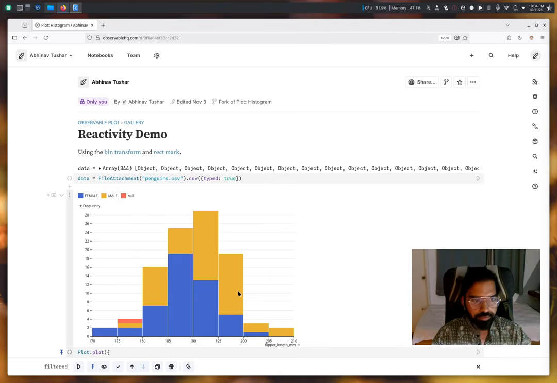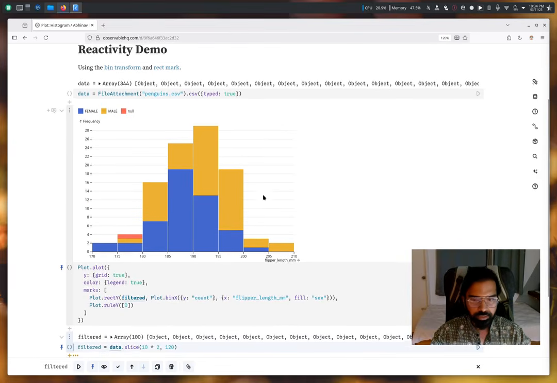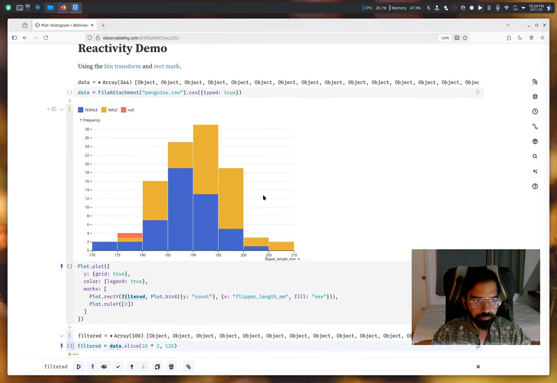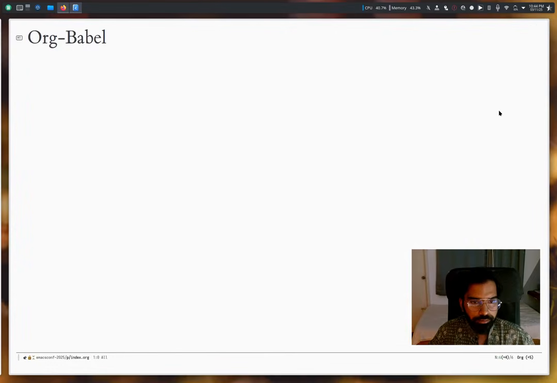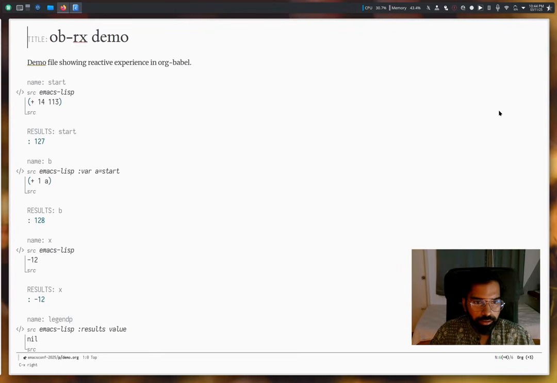So this is really good for reproducibility, but it is also really good for just the exploration that you're trying to do. For example, you're changing something and it's really easy to see that change happening in real time in your outcome variables, right? So I was wondering how to introduce this reactivity in org mode, and here's how it will